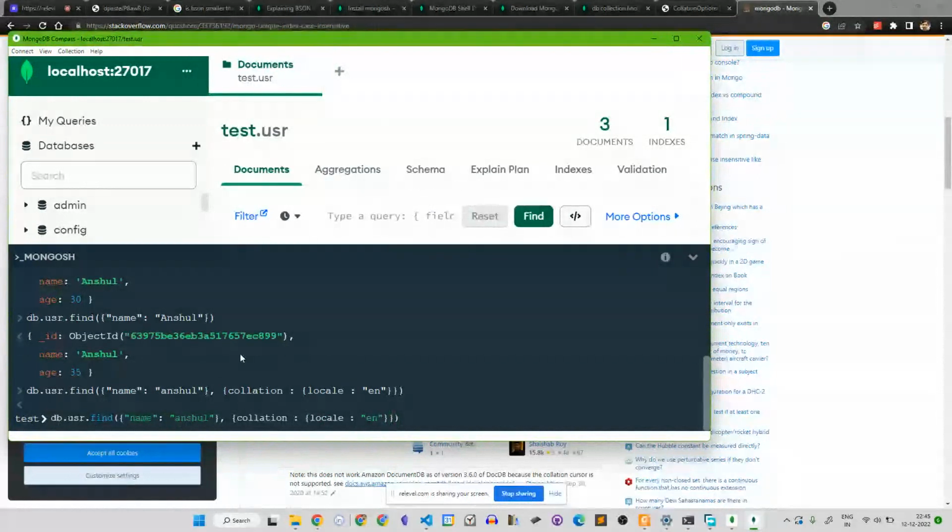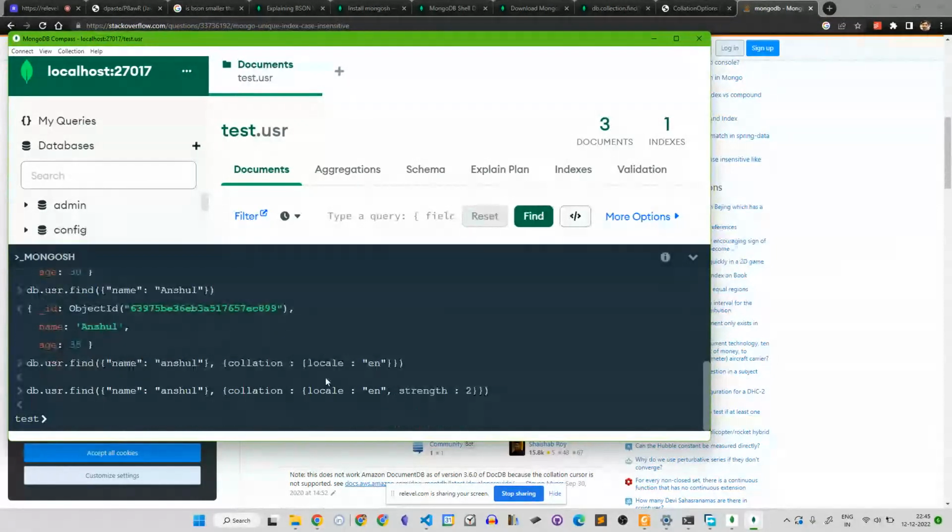Just do strength also. Strength, this. Am I making the wrong mistake?